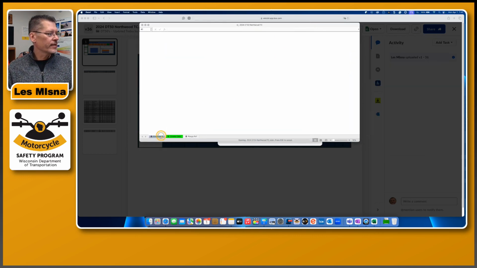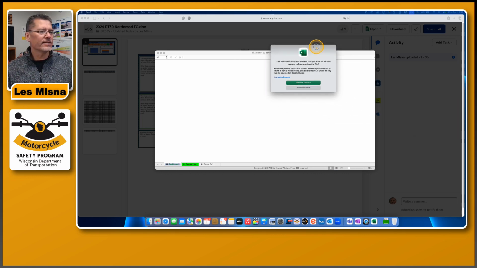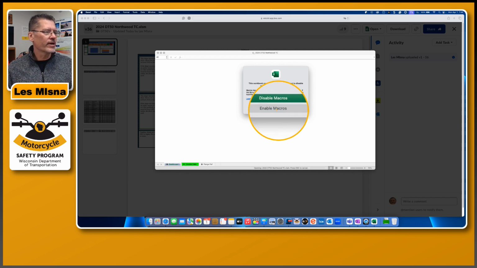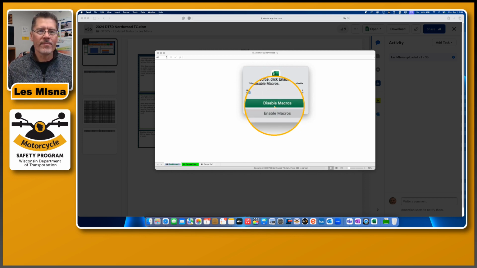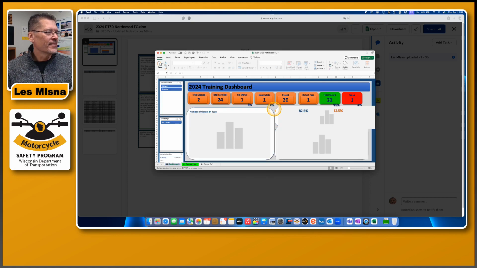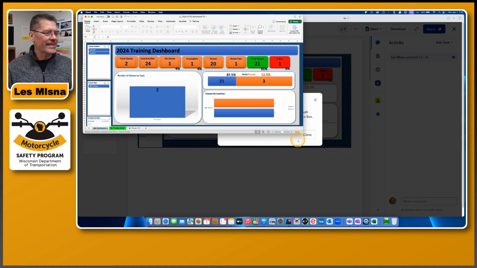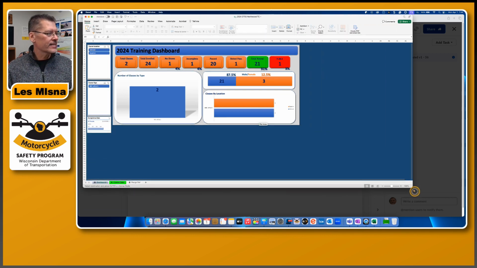I got it opening here. It's trying to open anyway. Let's see. And so here's the other thing that it did. So here it's saying, and just be aware of this, do you want to open macros or disable macros? Is this a trusted source? This is a trusted source, so you need to enable macros, all right? All right, so this is opening up in Excel on my desktop,